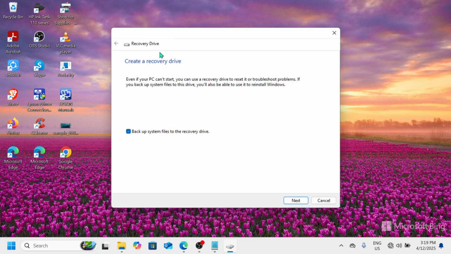And then once you do that, you will see this window coming up. This is the recovery drive. So create a recovery drive. Even if your PC can start, you can use a recovery drive to reset it or troubleshoot problems. If you back up system files to this drive, you'll also be able to use it to reinstall Windows. So just please make sure that before you proceed with this process, you have inserted already your USB drive or